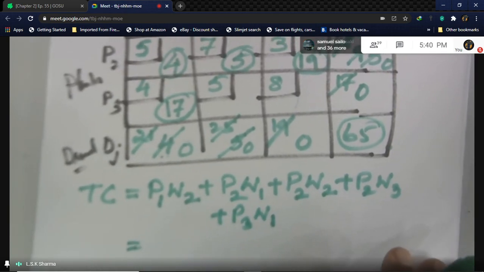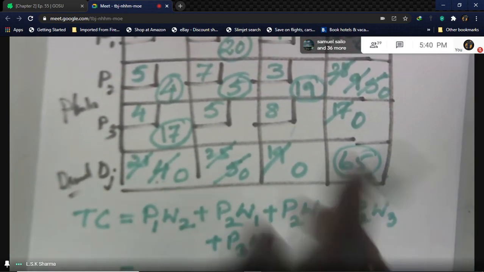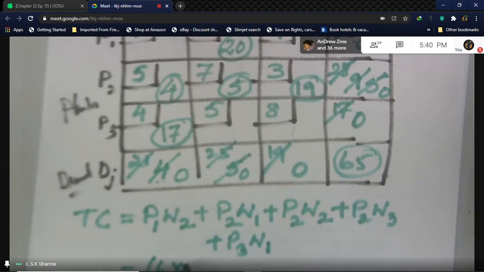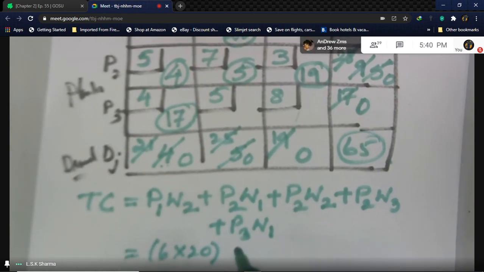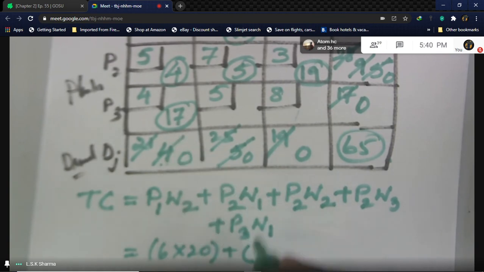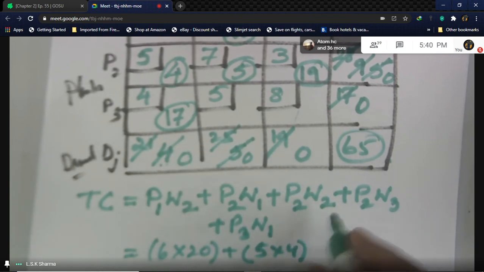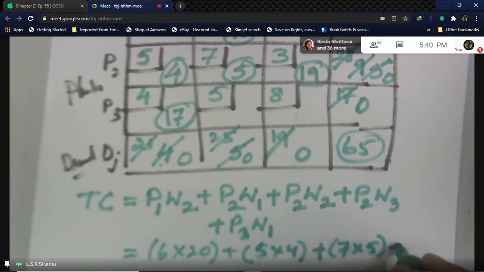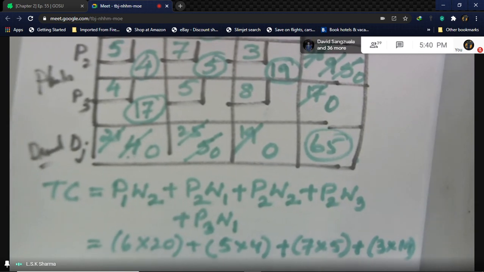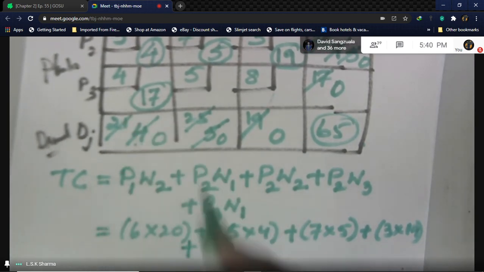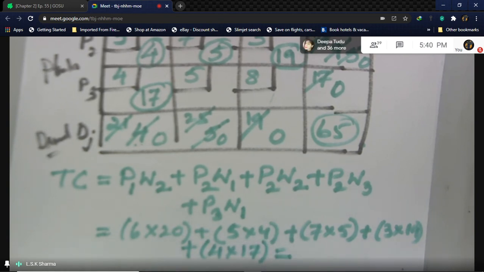The first one is 6 into 20. Okay. Then the next one is 5 into 4. And the next one is 7 into 5. And the next one is 3 into 19. And the last one is 4 into 17. When you multiply all this and add it up, what you get is